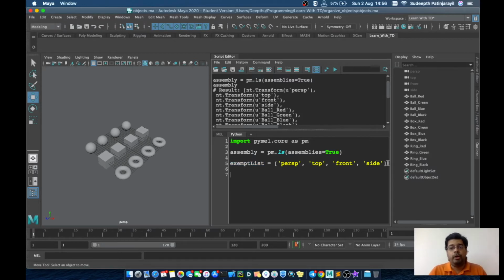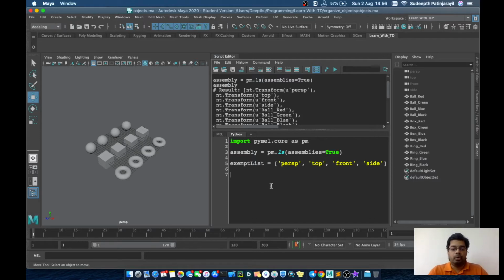So here we will loop through each and every assembly, and we will check whether that is present in this list or not. If that is not present, we will append that to another, new list.